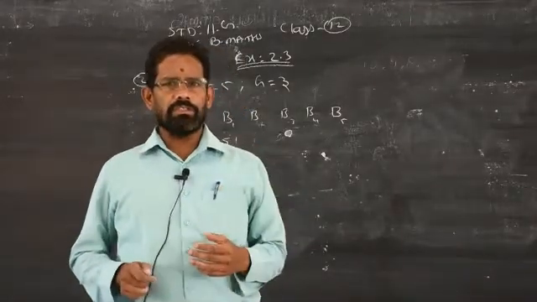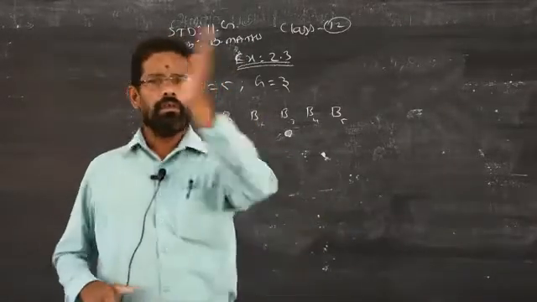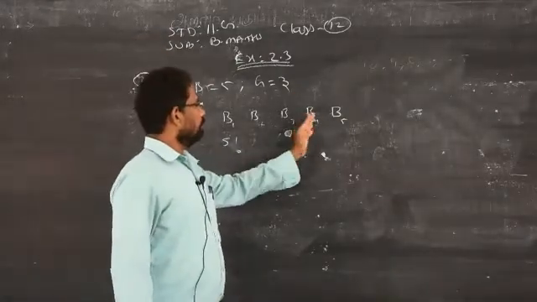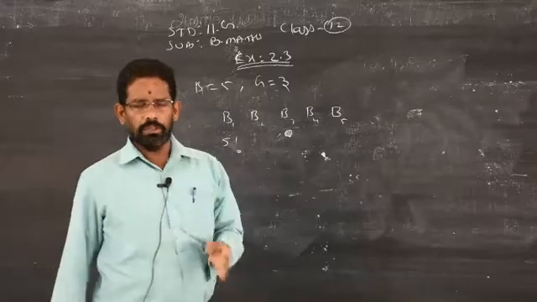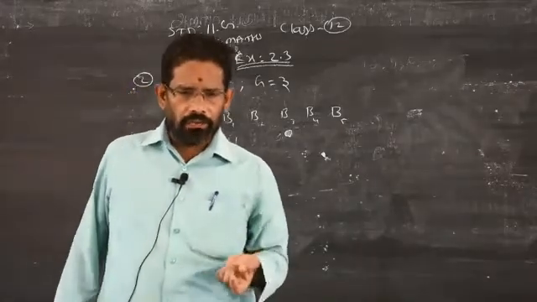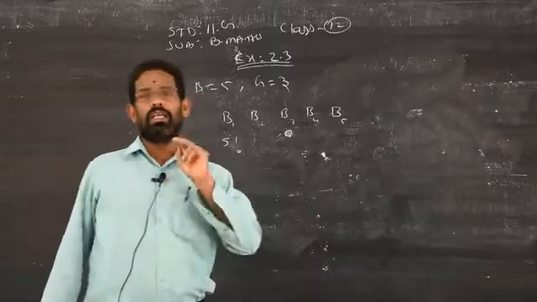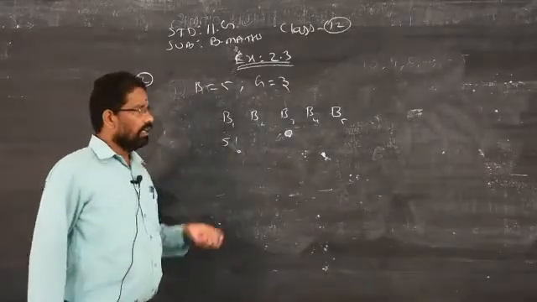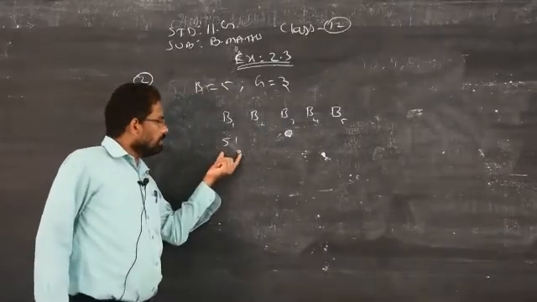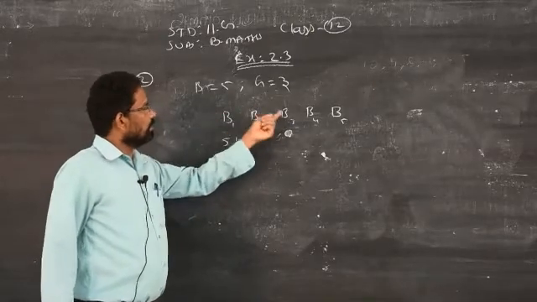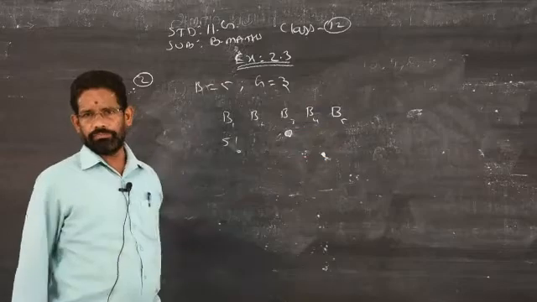The first boy wants to sit in the 5th place. You have a right to go and sit in the 5th place. The 5th boy will go to either 4 or 3 or 2, wherever it is. So each boy has an equal number of chances. That refers to what? Factorial. 5 factorial. This way, 5 factorial stands for the number of ways the boys alone can occupy among themselves.